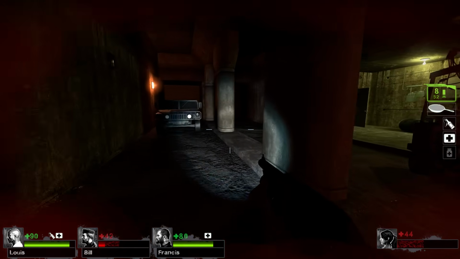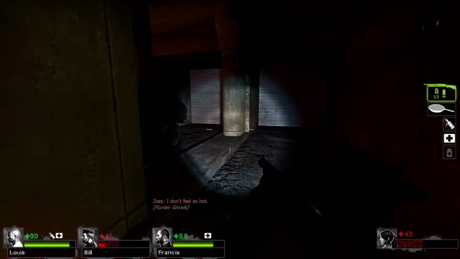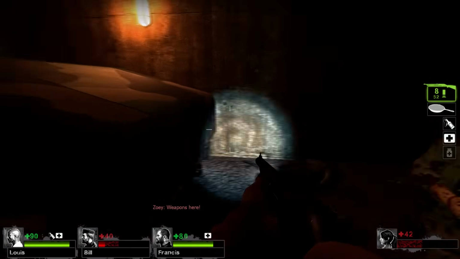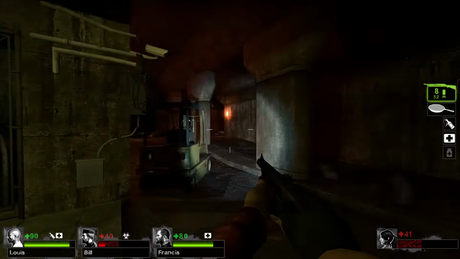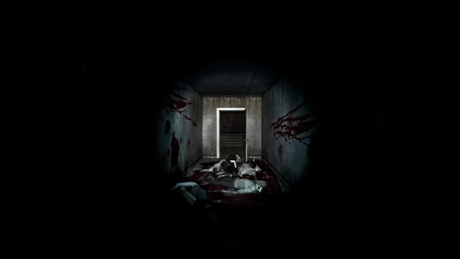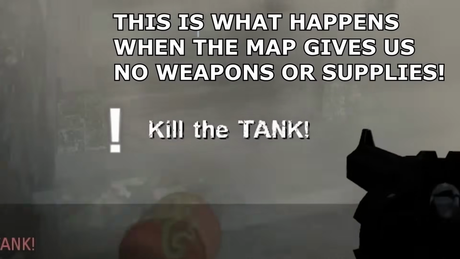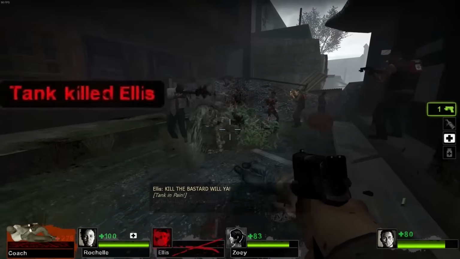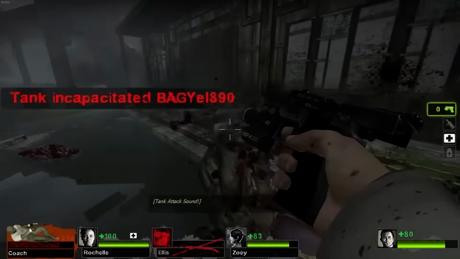So far, we haven't fought any boss zombies, no tanks or witches. The pacing has been perfect. The map creator has given us time to take in the level design and the atmosphere. If he was throwing tanks at us, I wouldn't have the time to take in the map's abundance of detail. Something that Hometown definitely...